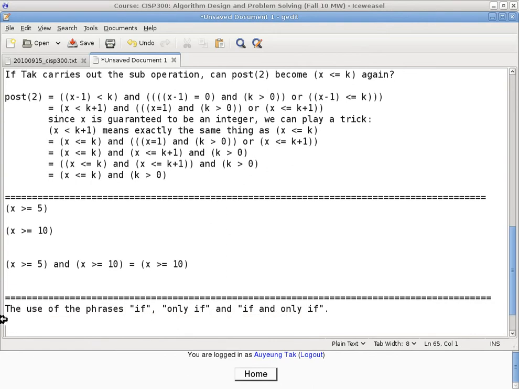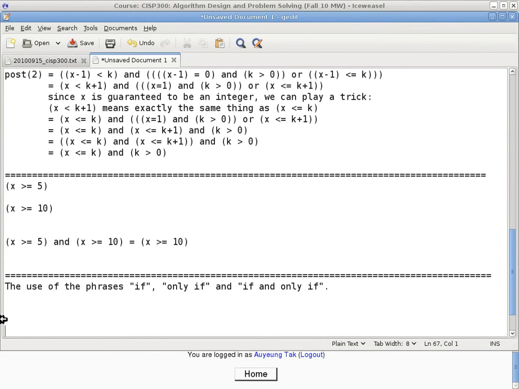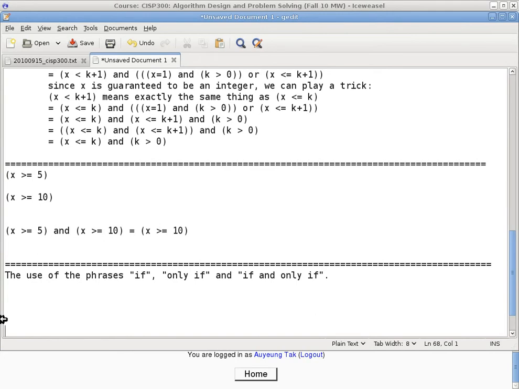How do we use the word if in regular English? How do we use the phrase only if in regular English? And when do we use if and only if in regular English? Here I will have 3 examples, one using each one, and you will tell me whether I'm consistent with my instructions. So I would say, if Luke is naughty,